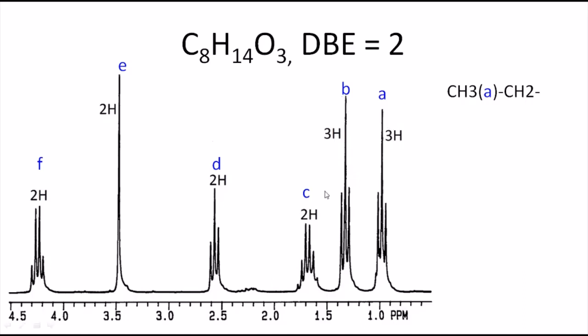Now let us analyze the second spectrum, the second signal. That is also due to CH3, because there are 3 hydrogens. This also splits into 3. This also splits into 3. And therefore, it is another CH3. It is not the same CH2 that gives 2 signals. That is not possible. And therefore, I can think of one more CH3 group in the molecule, because it is also CH3 and it is split into 2.